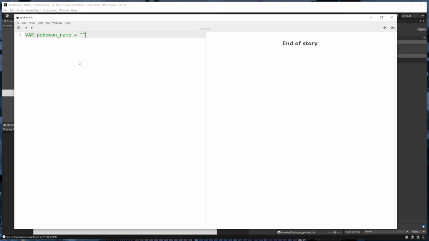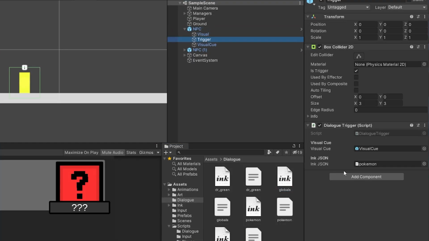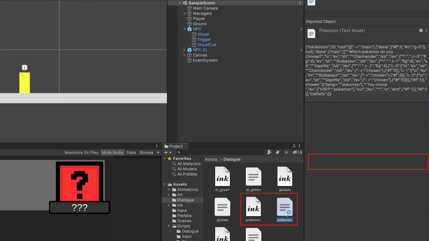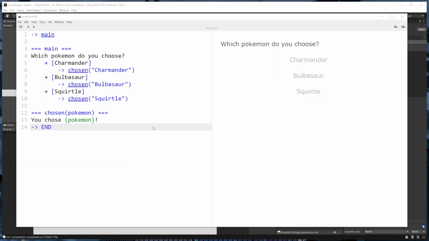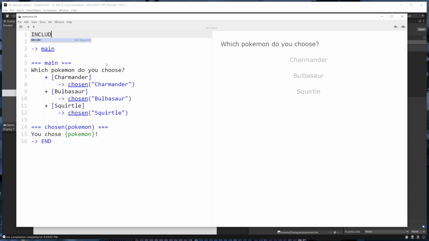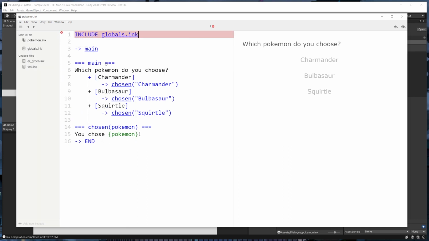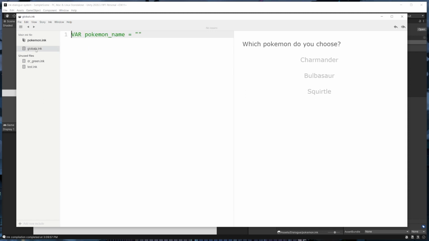Then back in Unity, I'm going to open up another ink file called Pokemon.ink, which was created in a previous video and is already attached to one of the NPCs in the scene. For this dialogue, we're simply given the choice of 3 Pokemon, and then we're displaying the choice after it's been made. At the top, we'll add the line include globals.ink, which will allow us to reference the Pokemon name variable